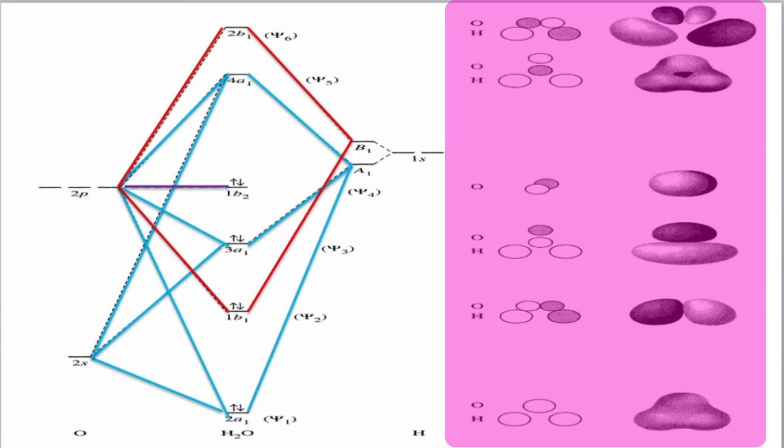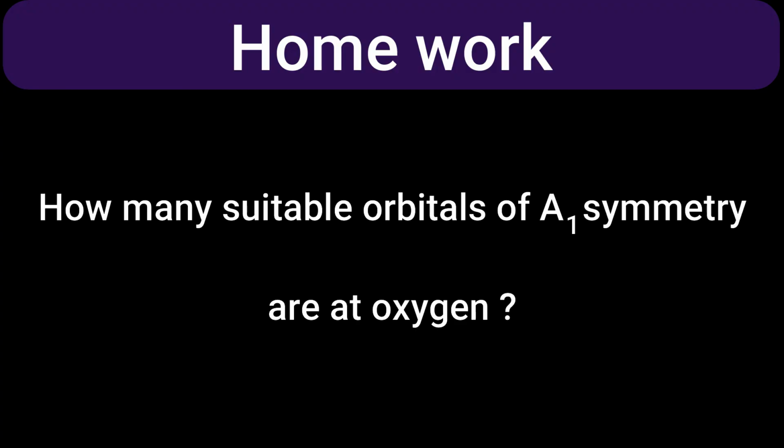Let us see other molecules in the next part. One interesting question as homework for you. The question is not so simple, keep in mind. You have to write the number of orbitals at oxygen which have A1 symmetry. One hint I give to you: I only discussed outermost orbitals. You have to consider all orbitals in the oxygen where electrons do exist. And out of those orbitals, which orbitals have A1 symmetry, that you have to find out and write that number in the comment box. I am waiting for your answer.